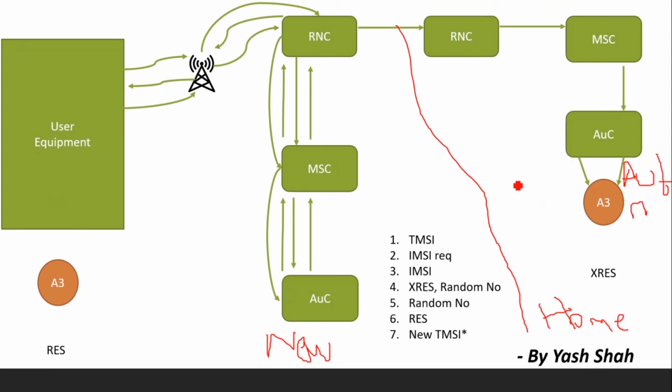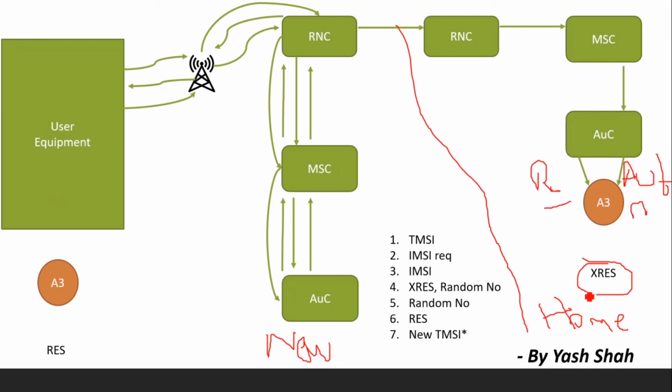Next, the AUC will generate a random number R. This random number and the AUTN are passed through the A3 algorithm, which generates an XRES. XRES is nothing but a challenge that is generated for the user equipment to satisfy.